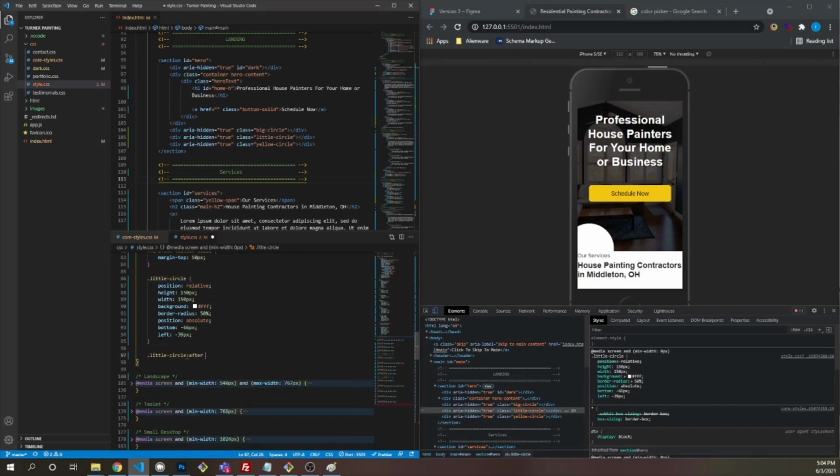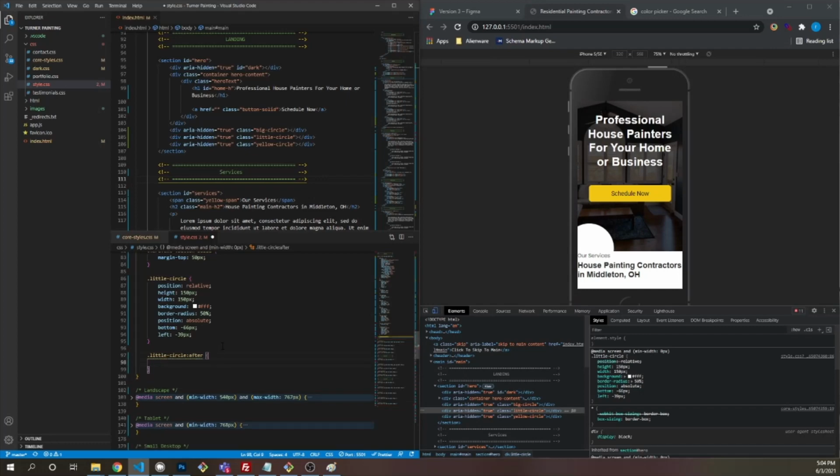Let's do an after. If it's to the left, it's a before; if it's to the right, it's an after. That's just how I like to do things. So we're to the right, we're gonna do an after. Content, always have a content blank. We don't have anything in there. Position absolute,